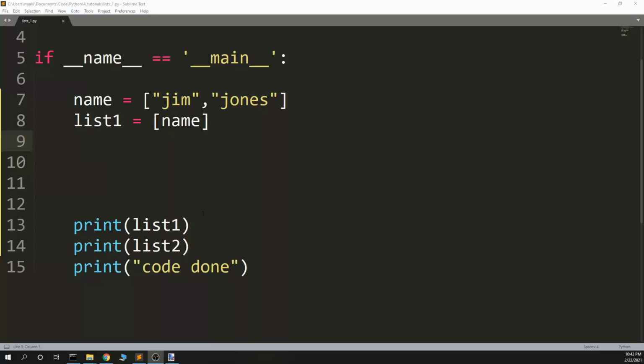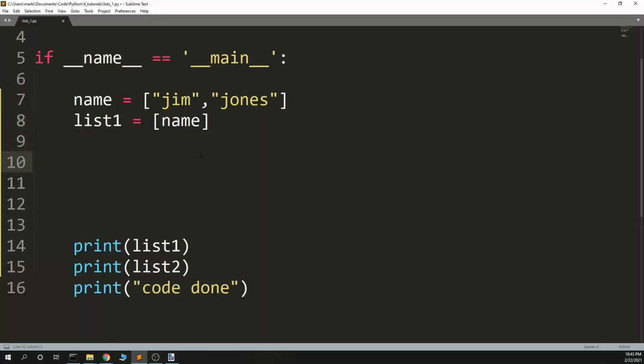So this is something that I've seen trip people up, and it helps to understand how these lists work. Let's say I have a list, and then inside of it is another object, in this case another list. So I have a list of names, and that's within another list. So let's say I then go change that name. So the first element, instead of Jim Jones, we get